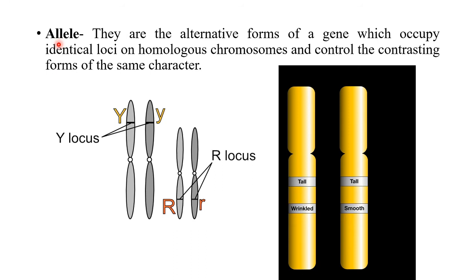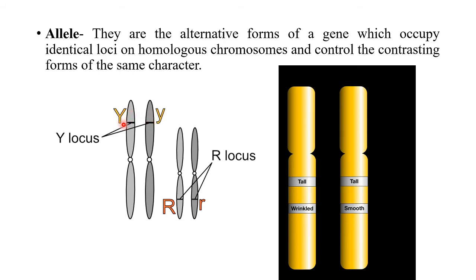Next one is allele. Alleles are the alternative forms of a gene which occupy identical loci on homologous chromosomes and control the contrasting forms of the same character. Usually a gene exists in two allelic forms, that is, this capital letter Y denotes dominant, and this small letter y denotes recessive. The dominant allele would always be expressed, but the recessive allele is expressed only in the absence of the dominant